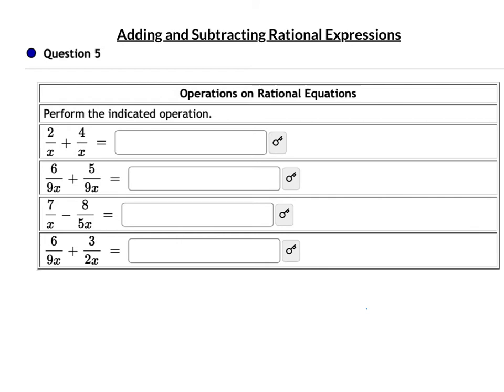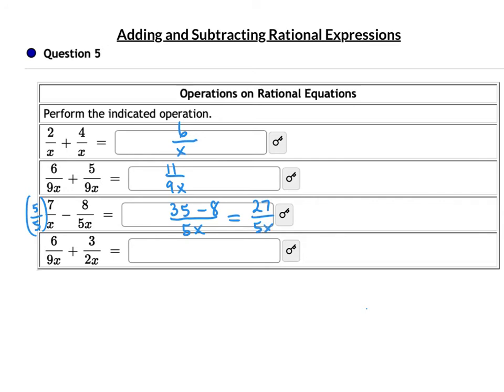This first one, they have a common denominator of x, and I get 6 over x. The second one has a common denominator of 9x, so I get 11 over 9x. The third one will have a common denominator of 5x. Do the least you can do and make them the same. This side needs a 5. It'll be over 5x then, and I'll have 7 times 5, 35, minus 8 over 5x, which will be 27